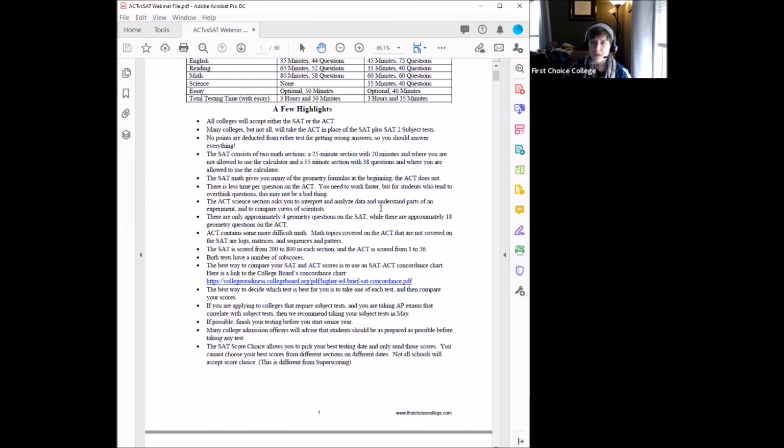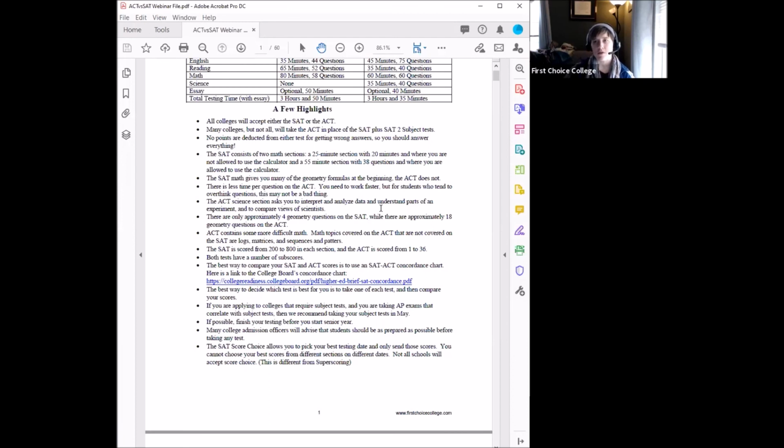So one, there are only so many questions about those hard math concepts. If a student isn't trying to get those perfect scores, if they don't need to get a 36 in order to do well and get the schools that they want, they don't actually need to get those hard math questions right to get a really solid score. It's not like all the questions are that hard math. So don't let hard math be a reason to be wary of the ACT.